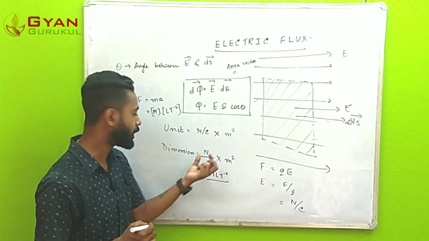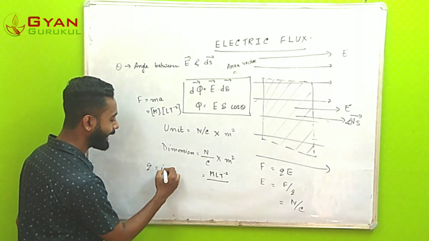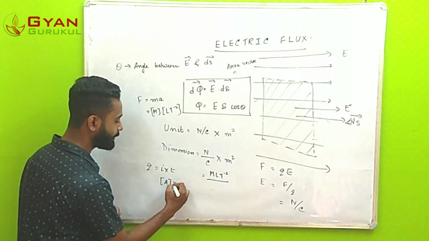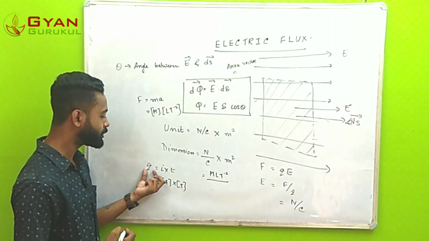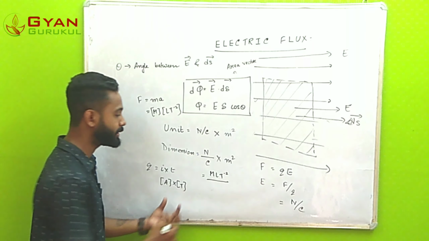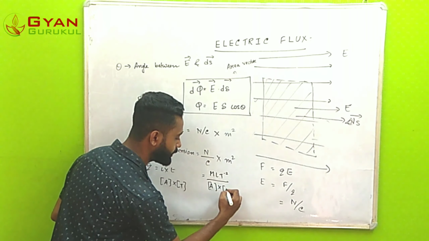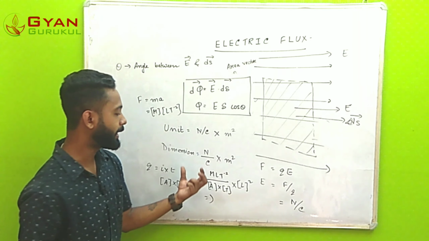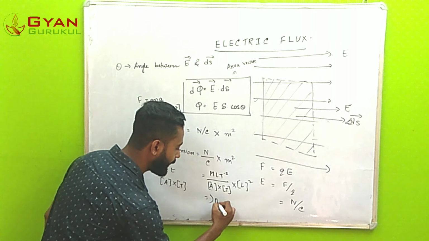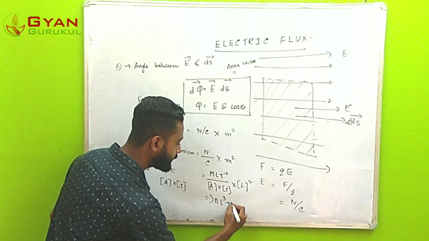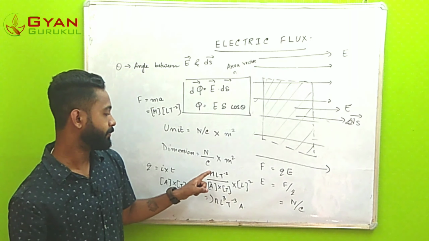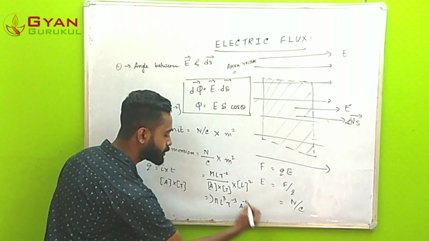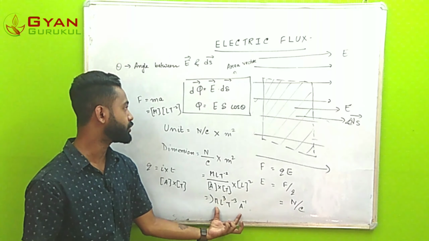Coulomb is the unit of charge. The charge Q is given by I into T, current multiplied by time. The dimension for current is taken as ampere A and for time it is taken as T. So for charge, or for Coulomb, we'll take it as A into T. And for meter square, obviously it would be L square. If I multiply it all throughout, I'll get M L cube T to the power minus 3 into A to the power minus 1. So that would be the dimension for electric